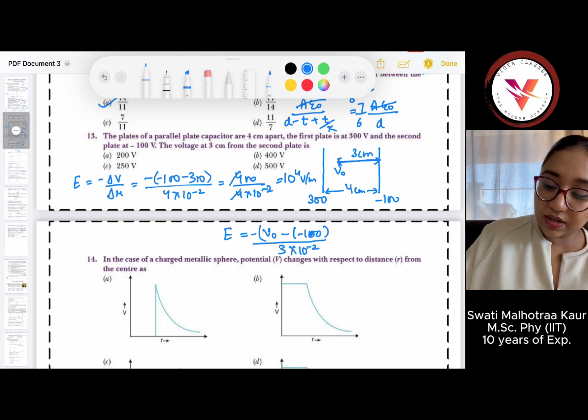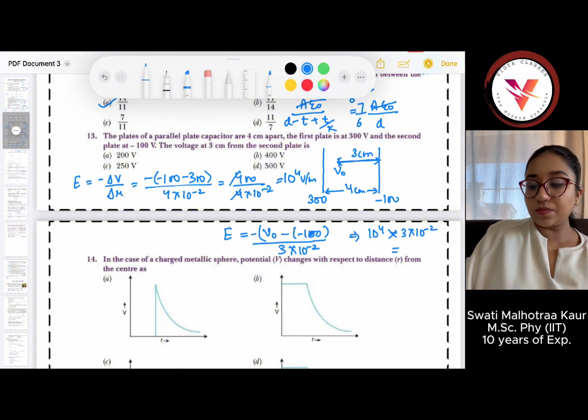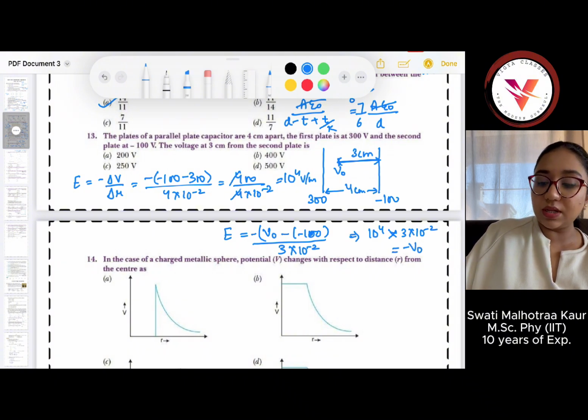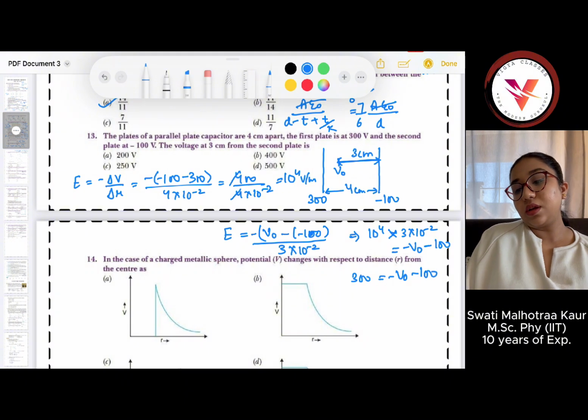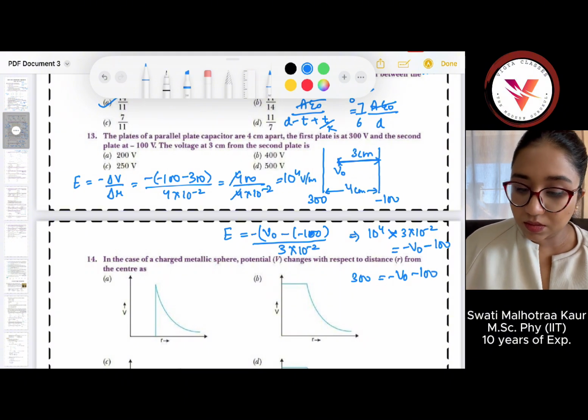And that electric field is basically 10 to the power 4 into 3 into 10 raised to the power minus 2 is equal to minus V naught plus minus 100. Okay, so that becomes 300 minus V naught minus 100, and I think